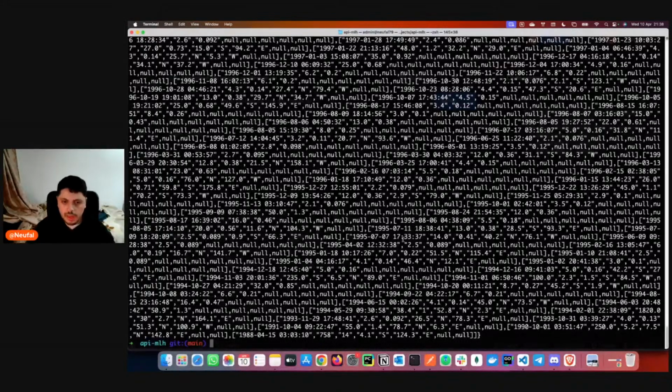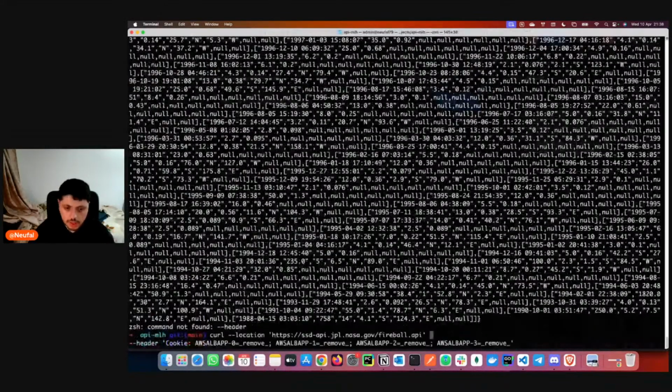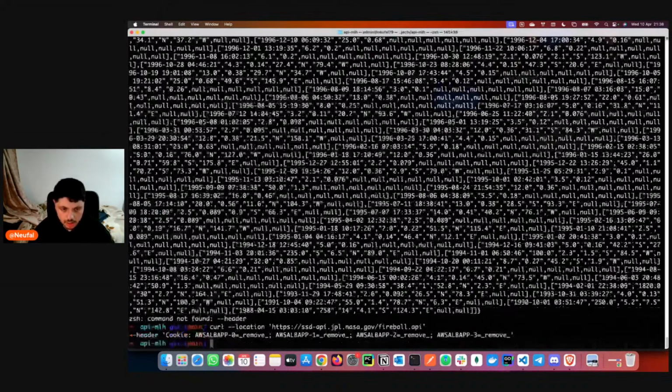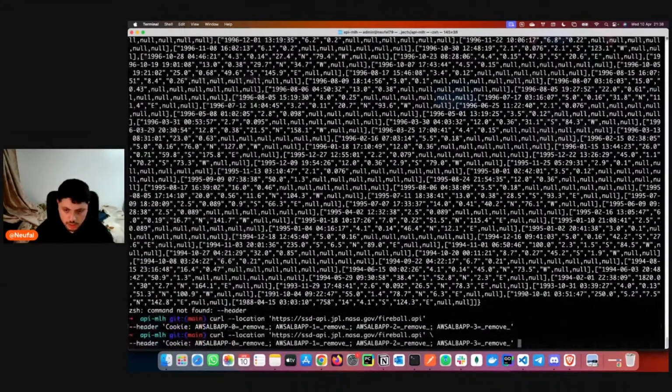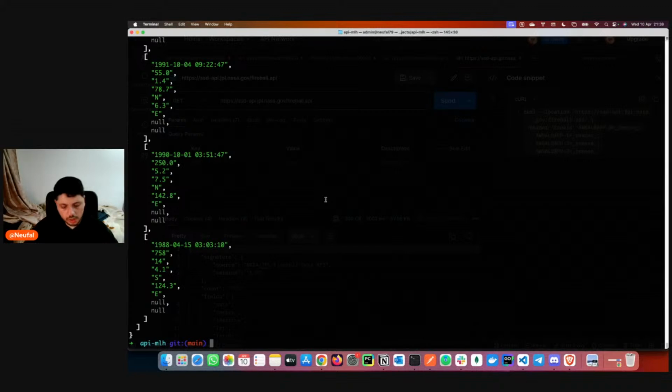If you want to make it a little bit more visual, I recommend you to use this. You paste this one, you put the vertical bar, and just type jq space dot. It will just beautify all the JSON.